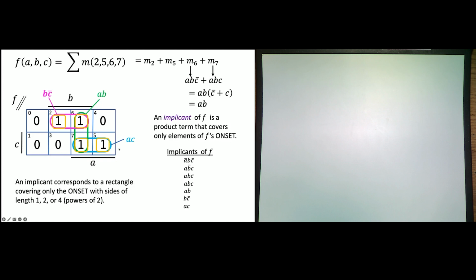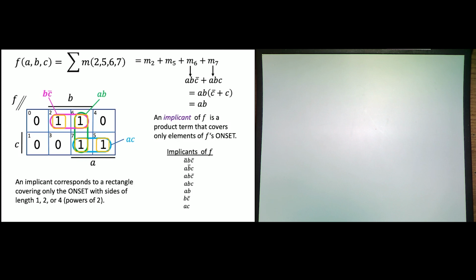So filling in the K-map, if we give you a sum of minterms, you need to label your K-maps and then identify which cell corresponds to 010 for 2, and 101 for 5, etc. But once you have a K-map, then coming up with a minimal sum of products doesn't matter how you labeled it. It's not going to affect the result.